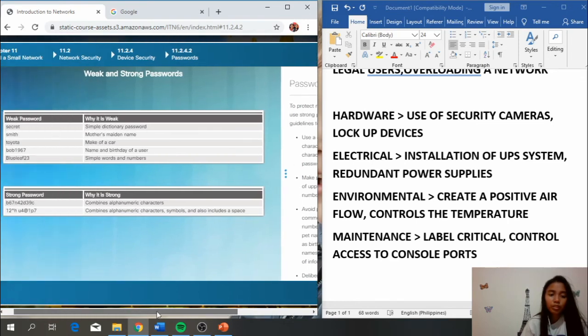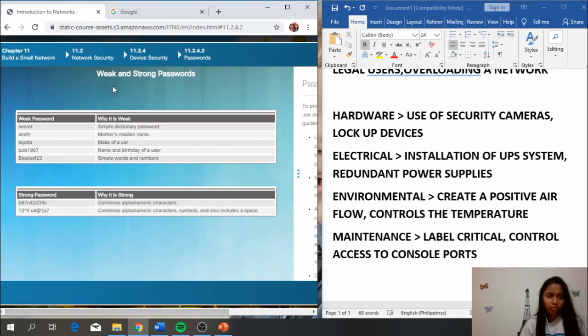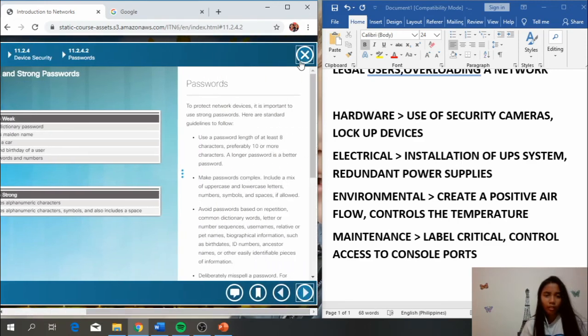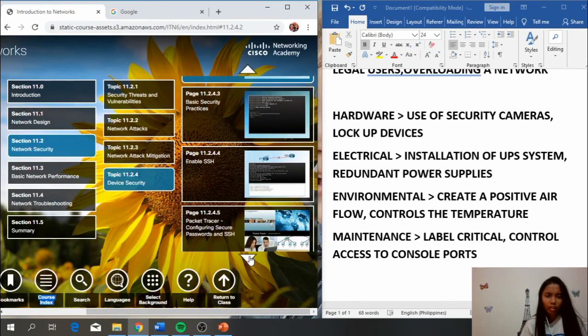And for the passwords, here is the weak example of the password. So this is the strong password for them to not easily guess, because it combines alphanumeric characters, also symbols including spaces,